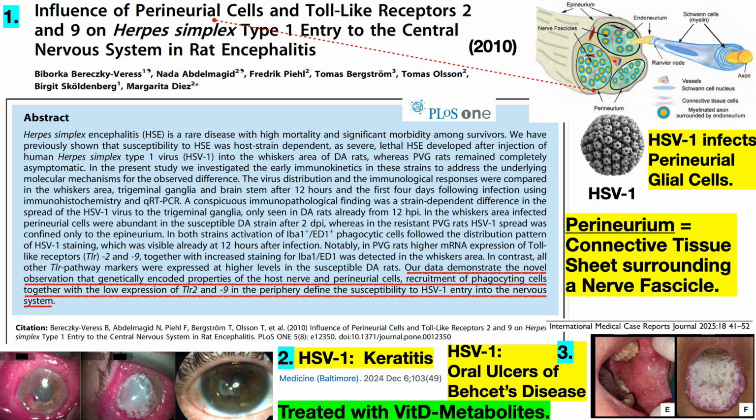But to bolster the innate and adaptive immune systems to help suppress HSV1, the patient was treated not with vitamin D3, cholecalciferol, but hydroxylated versions of it. 25 vitamin D3, which is calcifediol, and 125 vitamin D2, paricalcitol, a synthetic analog of calcitriol. And utilizing calcifediol and paricalcitol as adjunctive therapies, the infection was suppressed. The patient ended up with a corneal scar,